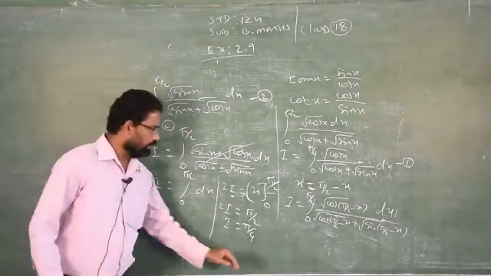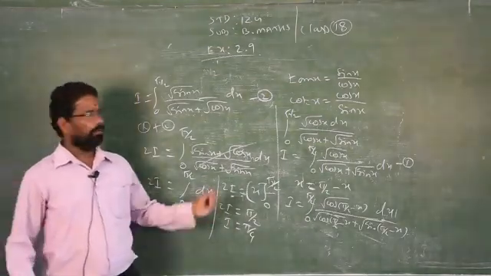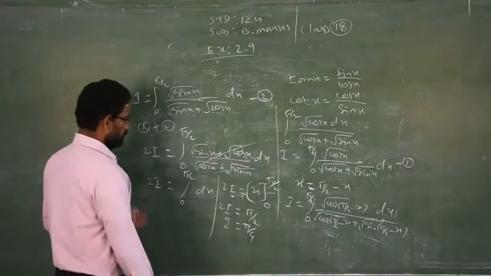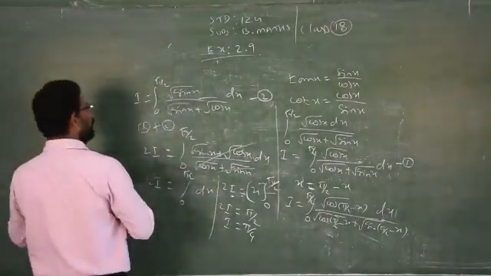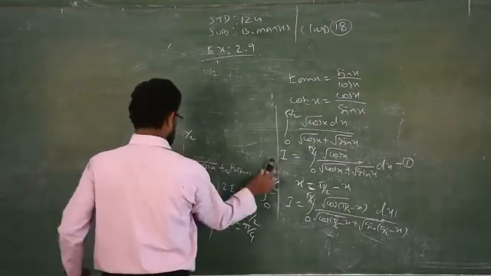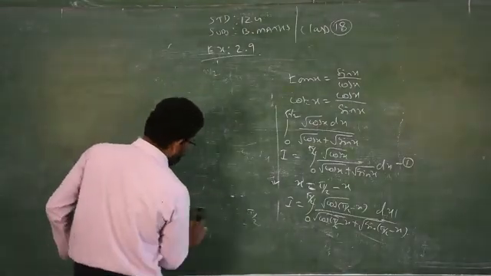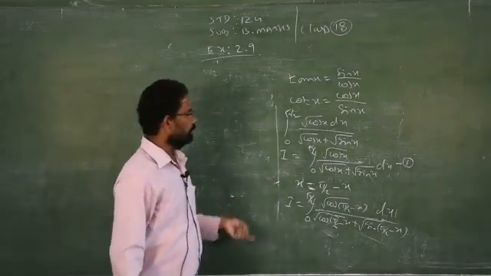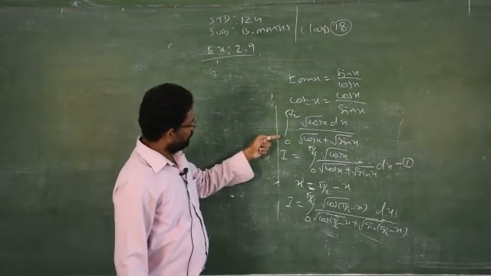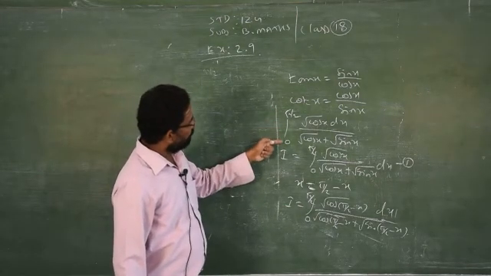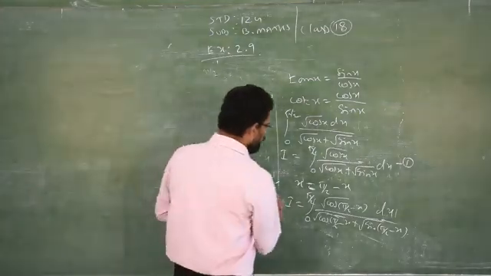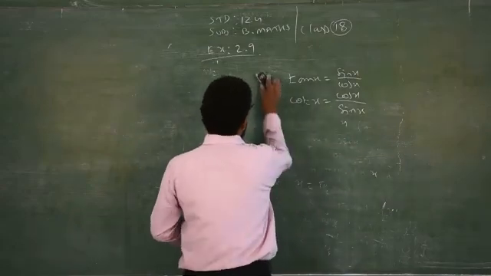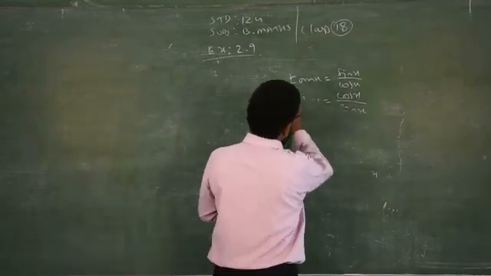So this is the method. Please try at home using which one? Cot x. In the place of tan x, you may have cot x also. So don't get confused. You may have a chance of these models being asked in examinations, so be careful. Don't think that you can apply this property only when the limit is given as 0 to pi by 2. You can apply this property even when the limits are from pi by 6 to pi by 3. When you add the upper limit and the lower limit, if it gives you exactly 90 degrees, that is pi by 2, then you have to apply this definite integral format.